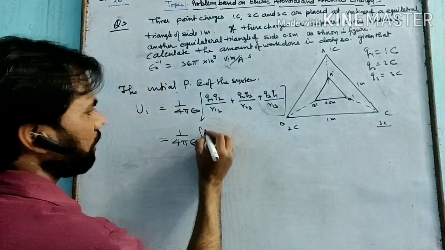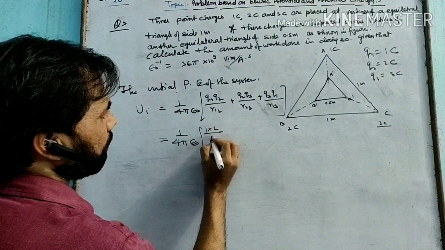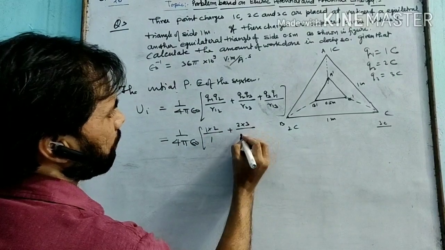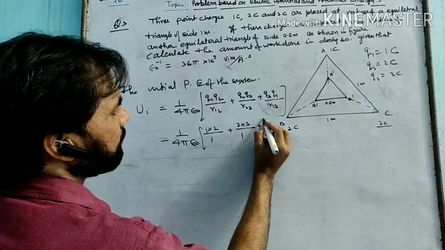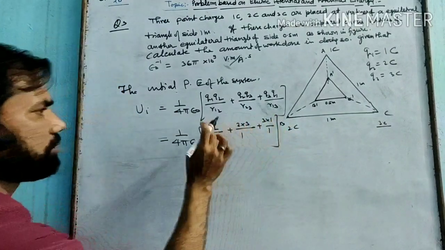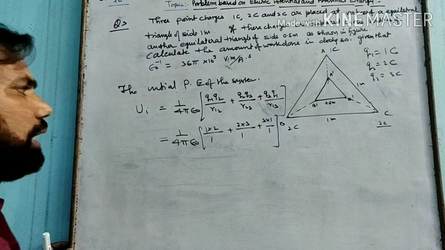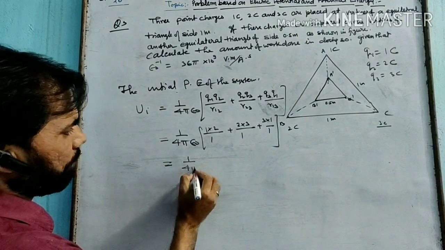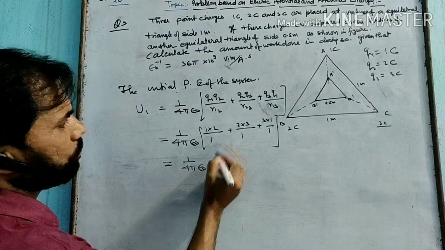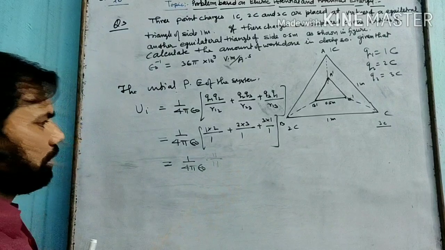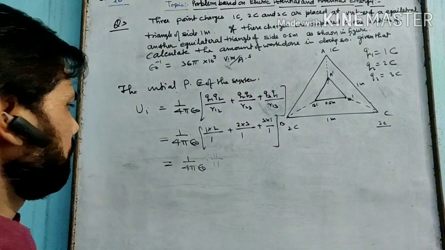So we can write here 1 into 2 upon 1 plus 2 into 3 upon 1 plus 3 into 1 upon 1. So we have 3, 6, 2, 5 and 6, 11. So we have 1 upon 4 pi epsilon 0 into 11 upon 1, that is equal to,